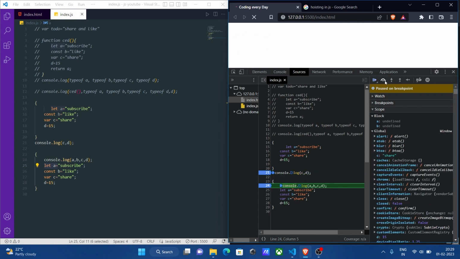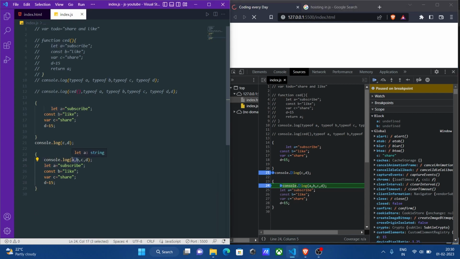Okay, so here we have A and B, right? But we can't find them. The reason is let and const during hoisting are stored in a place called the temporal dead zone, right? So that is the reason A and B cannot be accessed here. But if I write C and D, and I'll save this one,